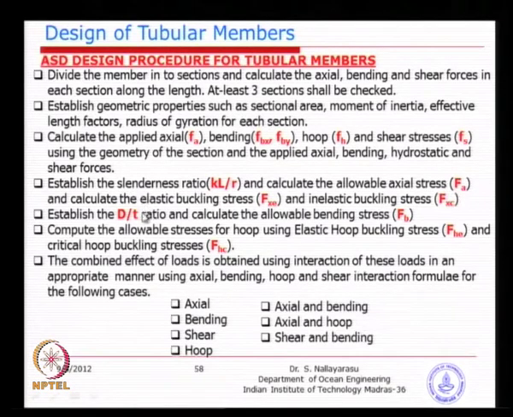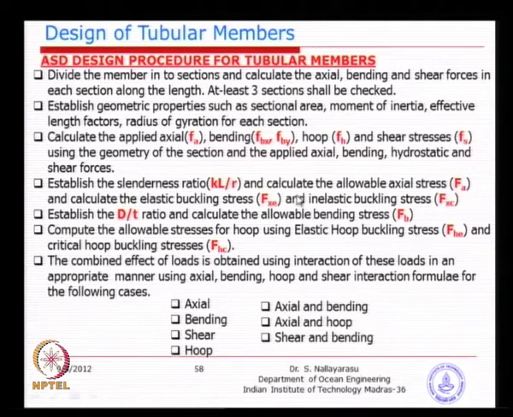Then establish the d by t ratio, which you already have. Diameter is known, wall thickness is assumed by you only. So, you know the d by t ratio. Find out the allowable bending stress, basically that is the only governing case for bending stress. And finally, you come to hoop stress due to external pressure, and due to external pressure again the local